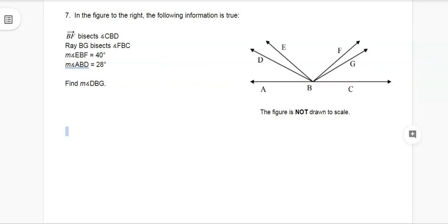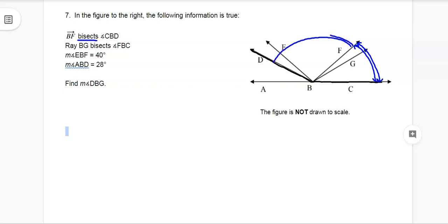BF, ray BF bisects CBD. All right, so first of all, angle CBD, and I'm going to kind of redraw this as I go. Here's angle CBD, C to B to D. That angle got chopped in half, got bisected by ray BF. So that means that the distance from here to here, I'm going to put 2 little arc marks there. That distance right there in blue needs to match